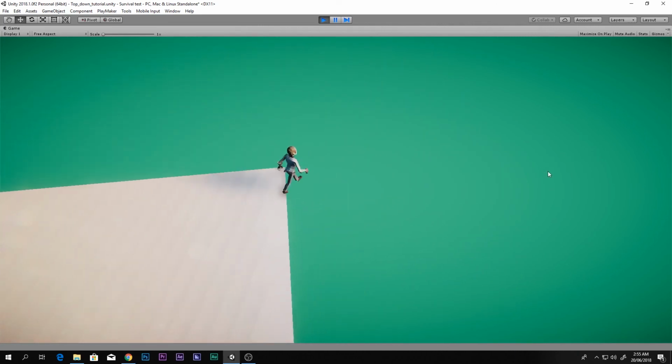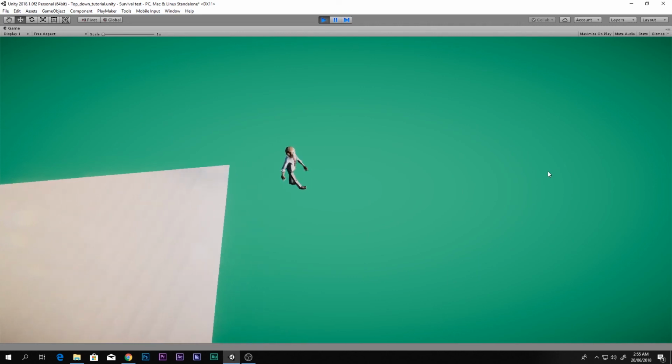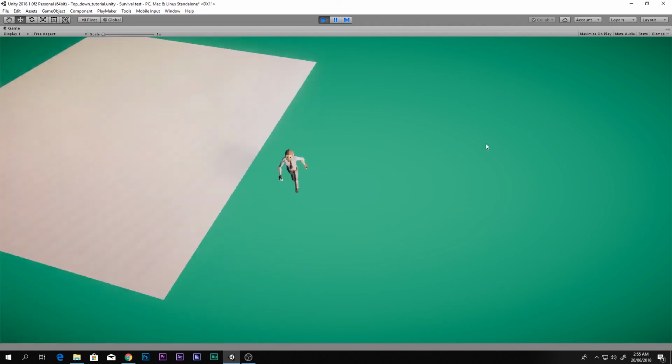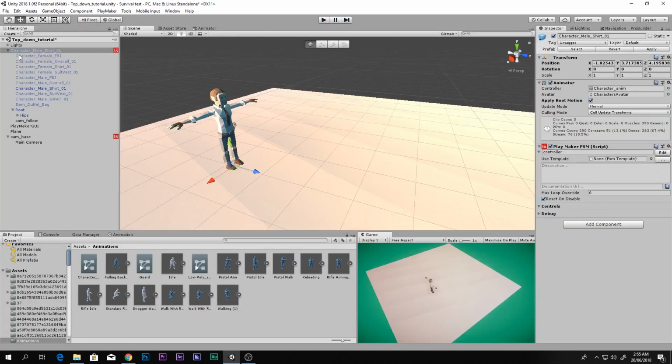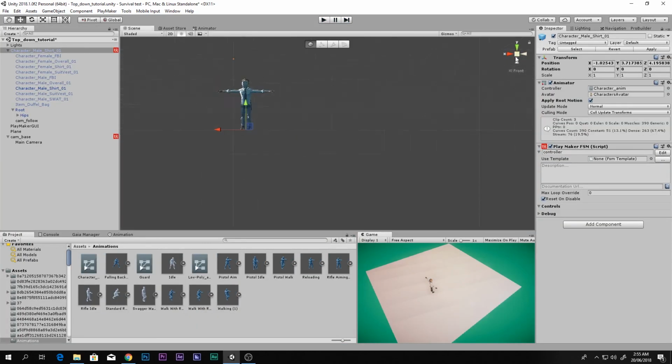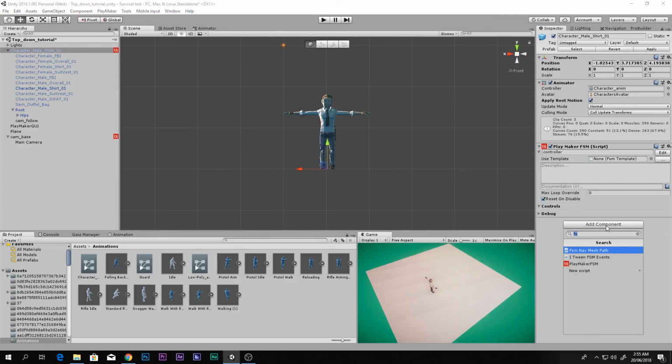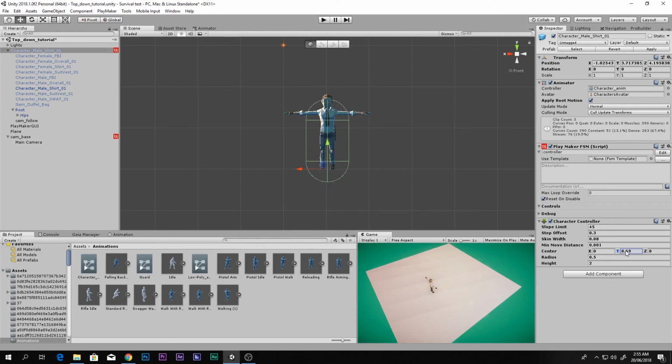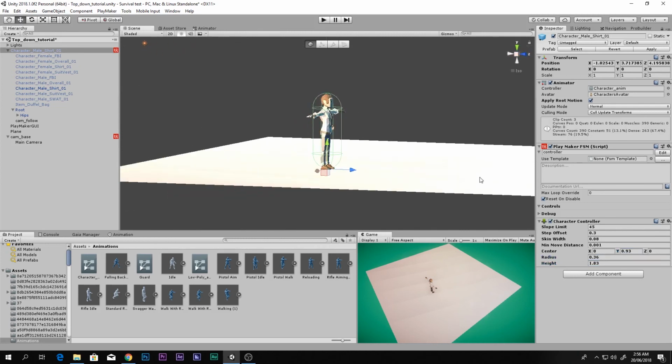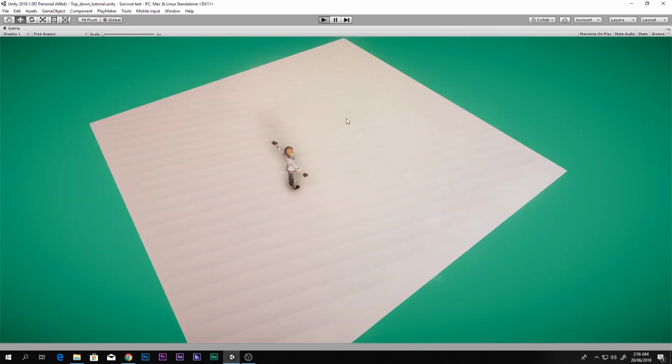And as you can see, if I move around like here, he won't fall. So that's the next thing which we are going to set, and it's pretty simple. You have to just go to your character, say add component, and say character controller, and just set it up like that. Reduce the height a bit, decrease the radius. There we go. Press Control S to save the scene, and say play, and now you will see he will just